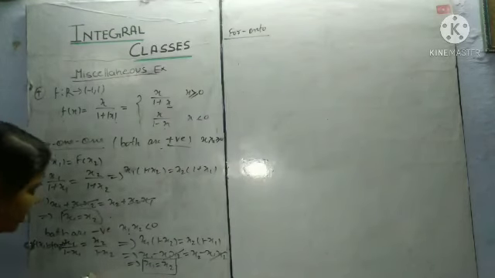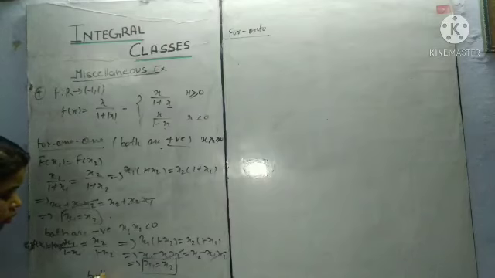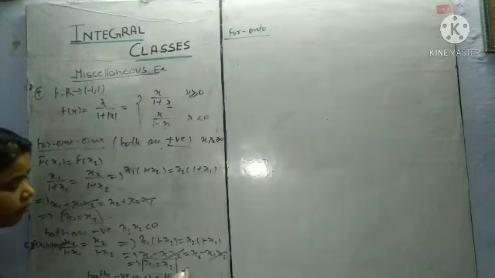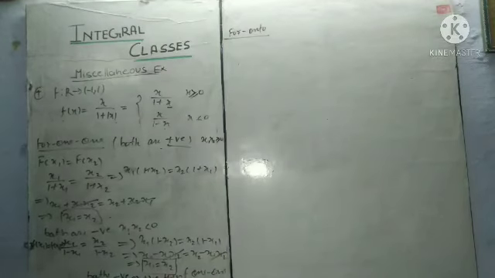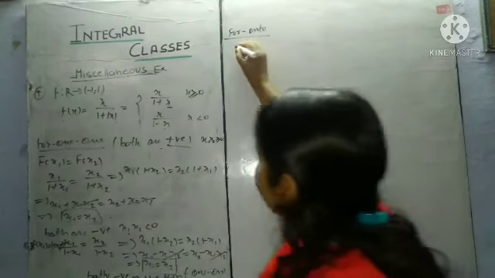Now we will write: both negative or positive, then the function is 1-1. Now for onto, again we will consider